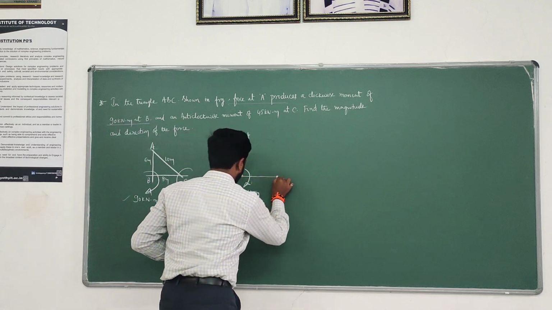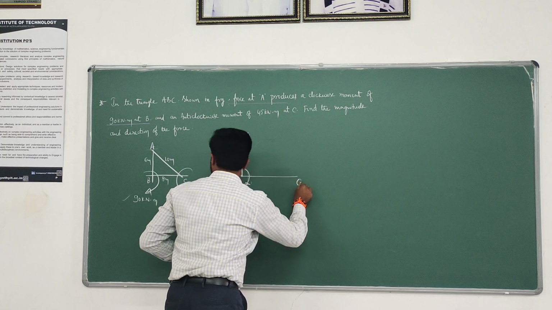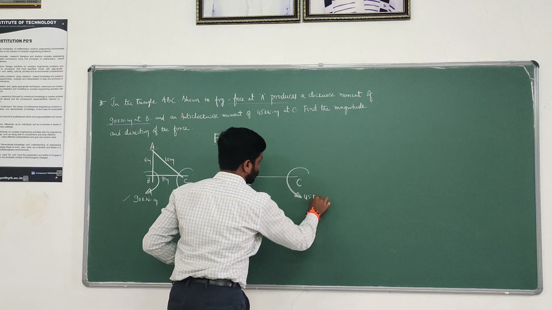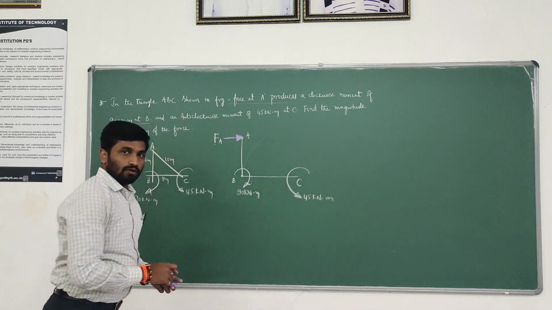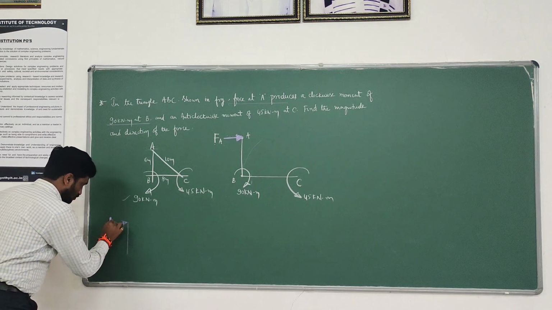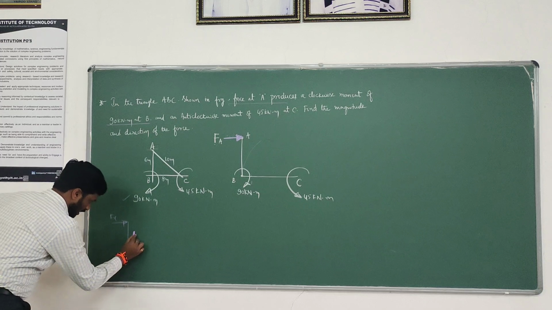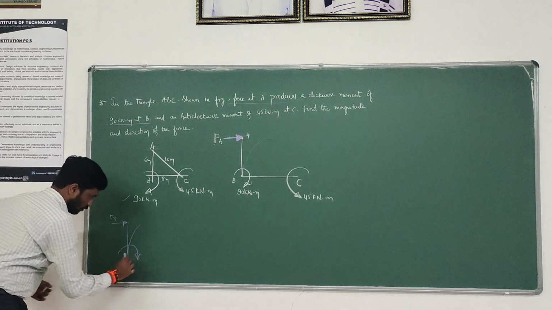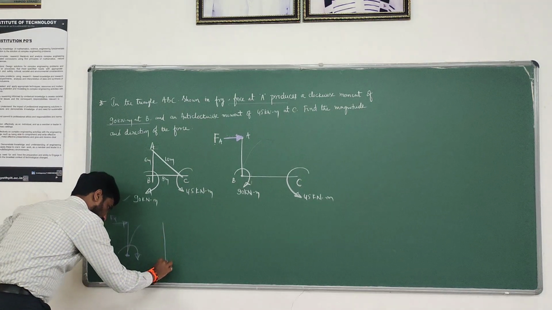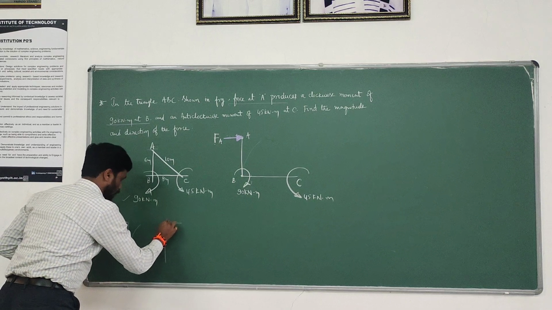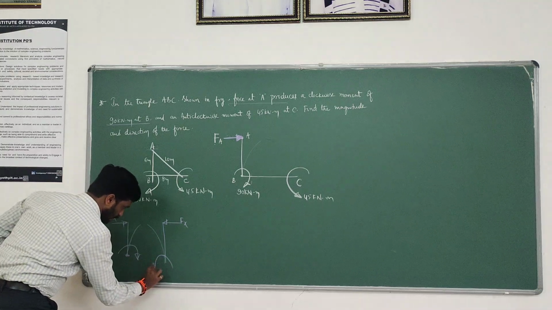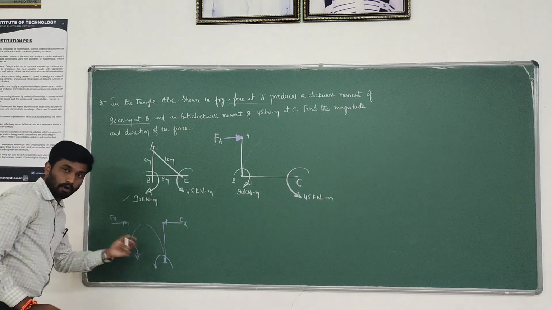Similarly, there is another member. This is the BC member. At C, you have a counterclockwise moment of 45 kilonewton meter. For vertical members, generally apply this kind of force Fx. It will create a sway in this direction, which means it creates a clockwise moment at the other point. Similarly, for a vertical member, if you apply force in the x direction the other way, it will sway in that direction, which means it will create an anti-clockwise moment at the other point.